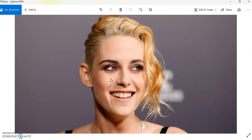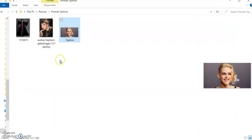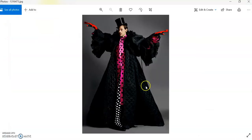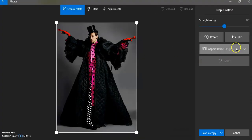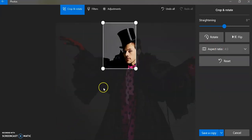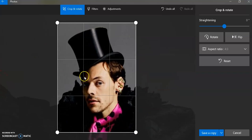Okay. Let's do one more thing that might happen as you are cropping and printing, and let's look at our Harry Styles picture here. This is a full body shot, and remember that for your portrait project, you want to have a head and shoulders cropped 4:3. So let's go ahead and see what happens when we do 4:3. So we have our aspect ratio set, and then we need to zoom way in to get his head into the shot. So this is an okay